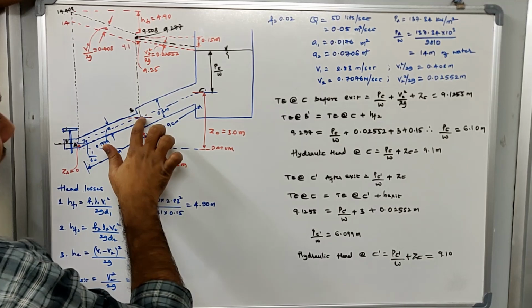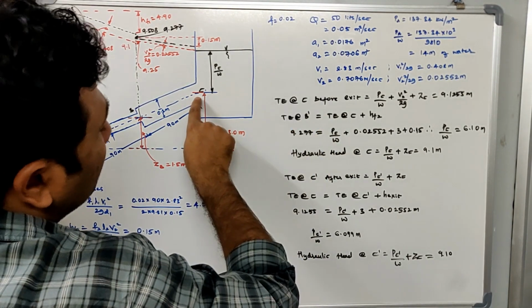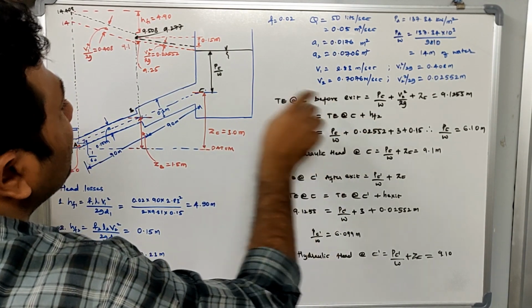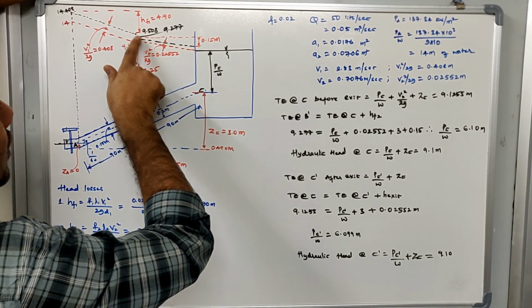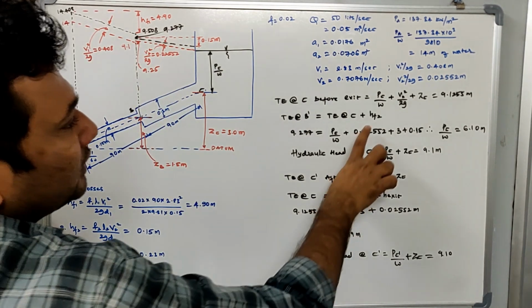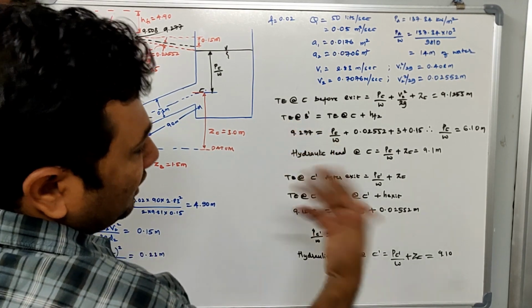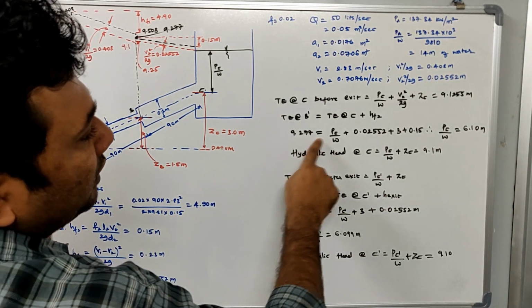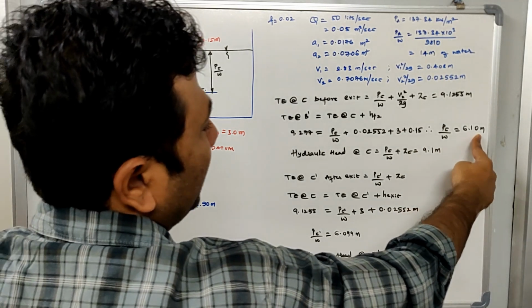Now total energy at B dash, means after the enlargement, will be equal to total energy at C, which is before exit, plus HF2. Okay, what is HF2? HF2 is the head that is going to get reduced from joint B to joint C. Okay, so we know how much is total energy at B dash, which I have solved in the previous case. So substitute that here, determine how much is PC by W. PC by W is 6.1 meter.